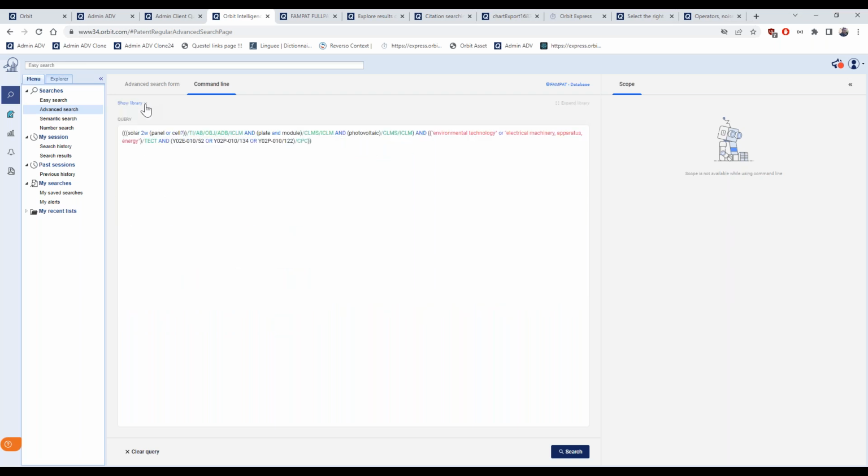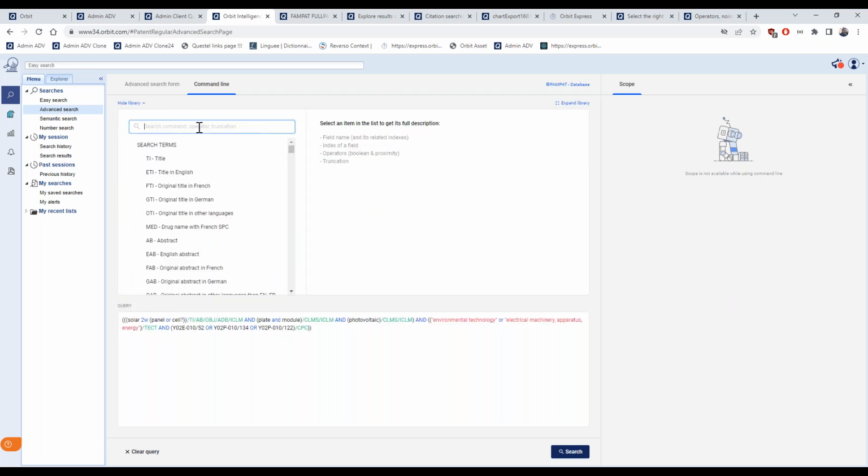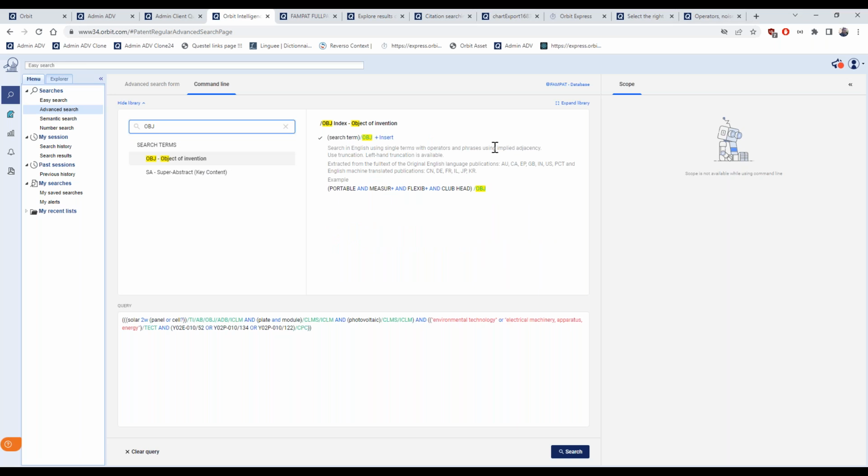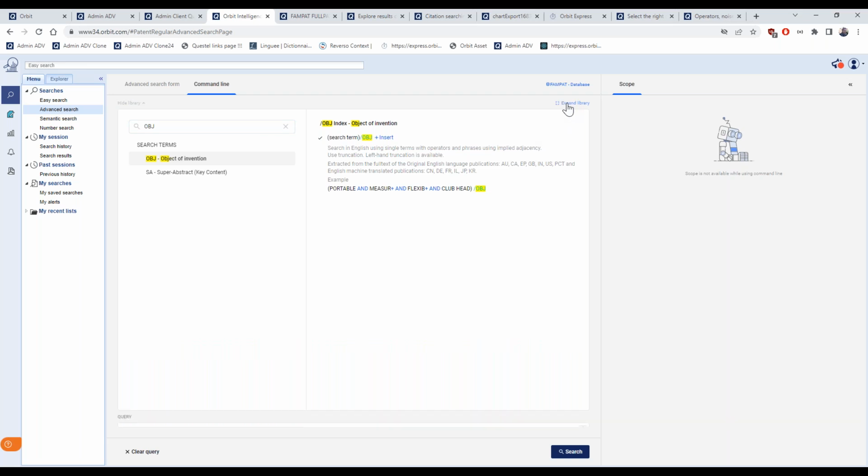This library can be hidden if it's making you too much noise, where you can search the terms. From the syntax here, I see, for example, OBJ. If I'm not sure what it stands for, I search for it, and selecting it gives me some hints or maybe some examples. This library can be expanded if you're focusing on it.